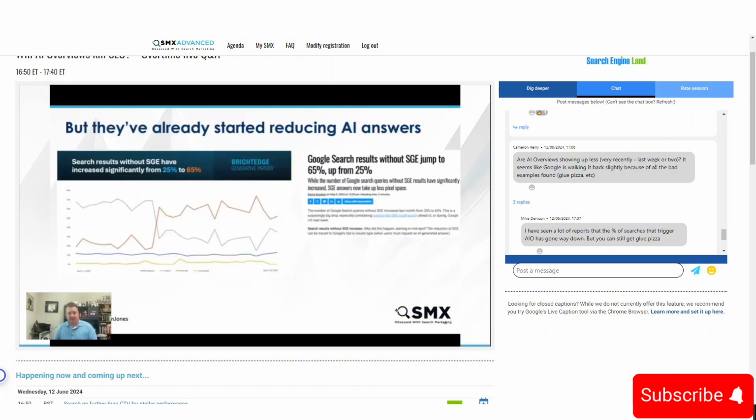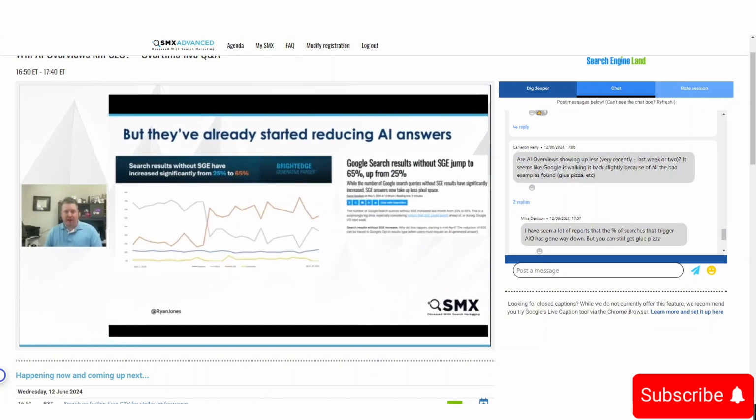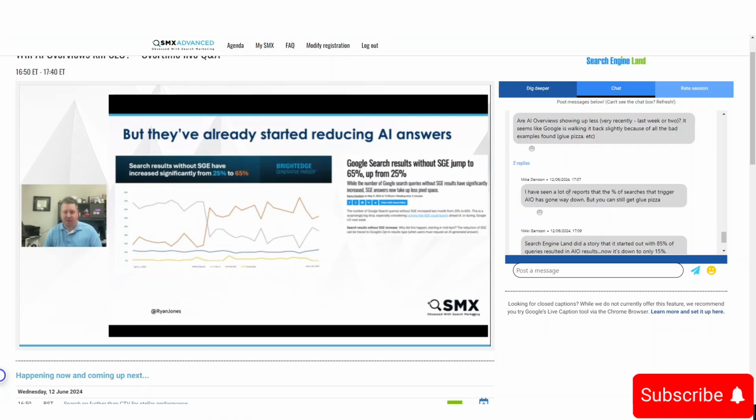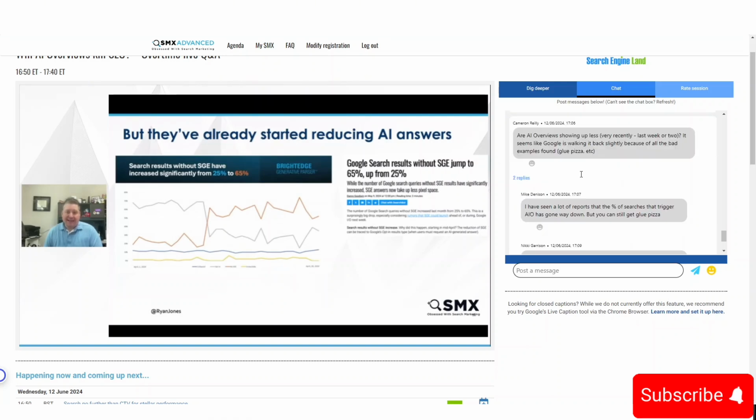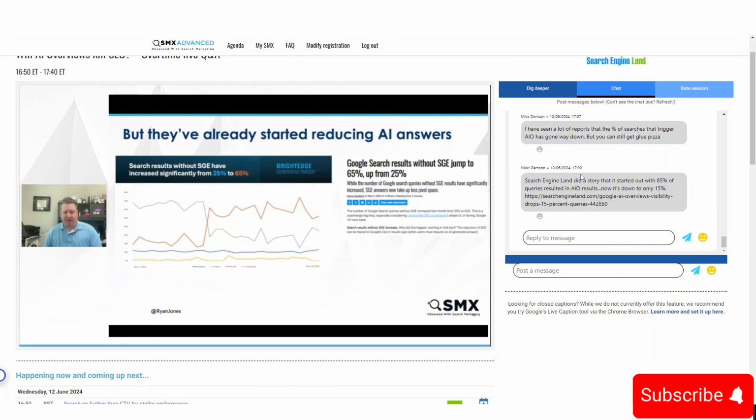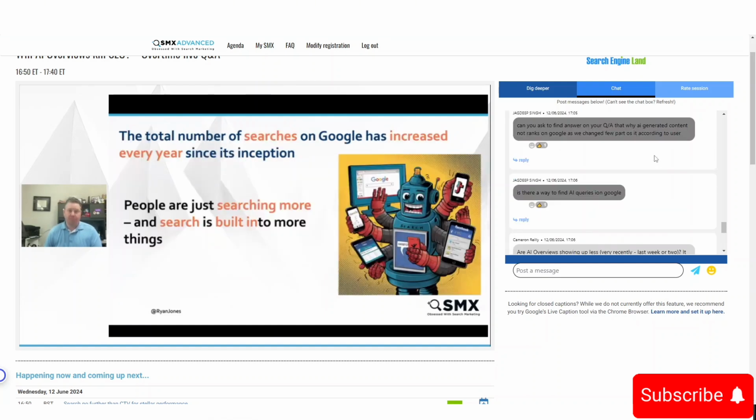The good news is early data here from BrightEdge shows that they've already started reducing the amount of search results that have AI overviews in it. Again, this is old data. It says SGE because BrightEdge did this before they launched, but they tuned it up, and then they must have got some signals that it was time to tune it down a little bit. So they're definitely playing with it. So we'll see what happens if they tune it up or tune it down, or how many search results it shows for.